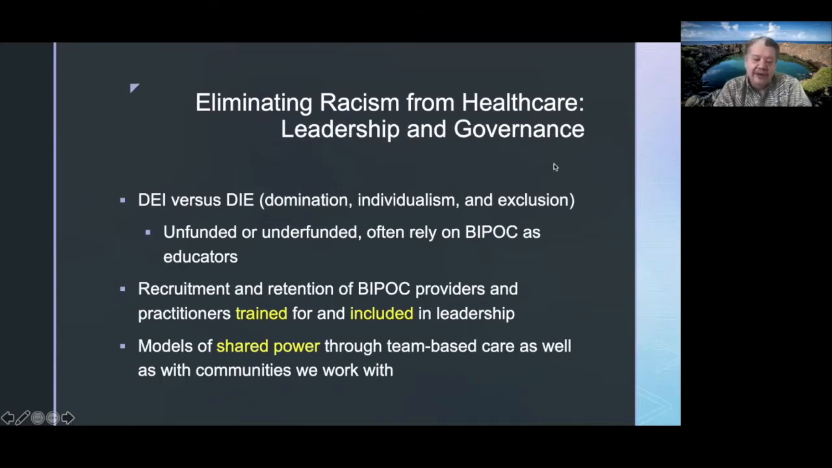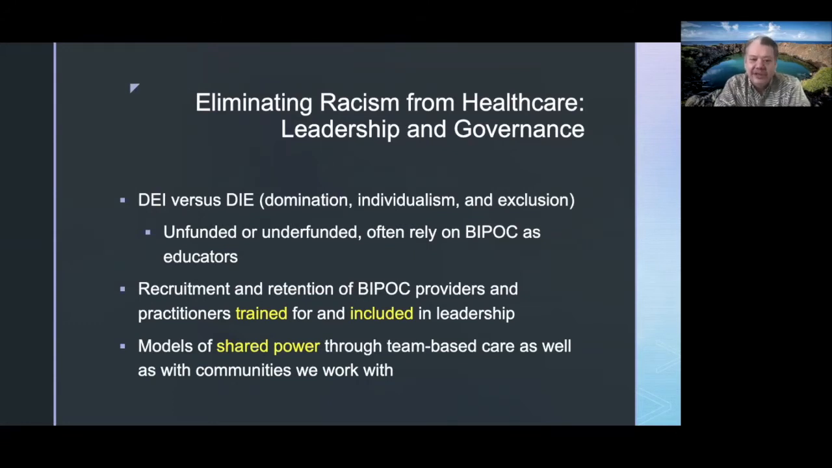Leadership and governance is another aspect of the World Health Organization framework. And a lot of our leadership has been coming in the form of what we call DEI, which is diversity, equity, and inclusion. I use that as opposed to DIE, which is what we've been experiencing: domination, individualism, and exclusion. Most of these DEI efforts are underfunded or unfunded and often rely on the labor of people of color as educators. So while they do have their advantages, they alone are not going to provide adequate leadership unless those things